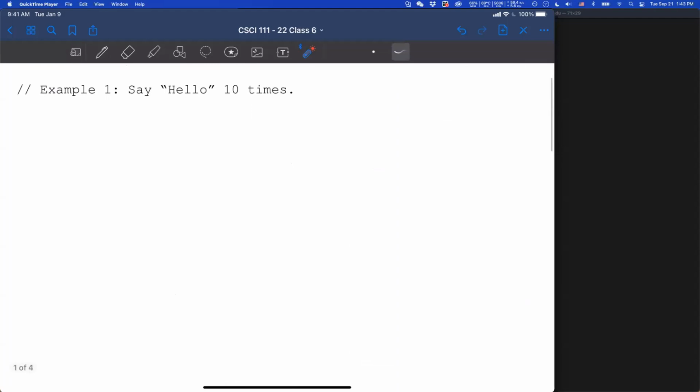Now let's say we want to ask C++ to say hello 10 times. How can we do that? Some of you might immediately say for loop, and keep in mind we haven't introduced the for loop yet.